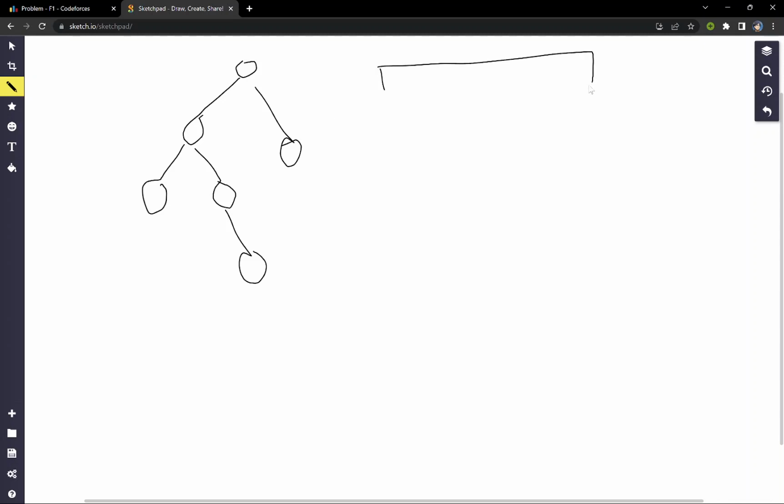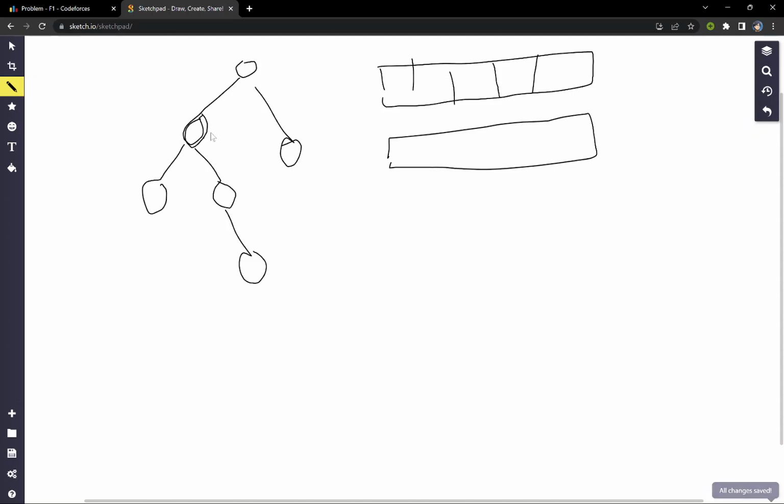We first build a tree which will be given. Suppose we build a tree like this. So we will be creating a graph and two vectors, mini and maxi, which will be storing the minimum value from the root node to that particular node and the maximum value from the root node to that particular node, right? And how to do this? We can do this by applying a simple DFS from the root node. We will go to its neighbor.